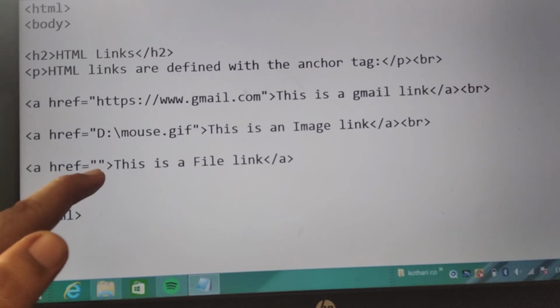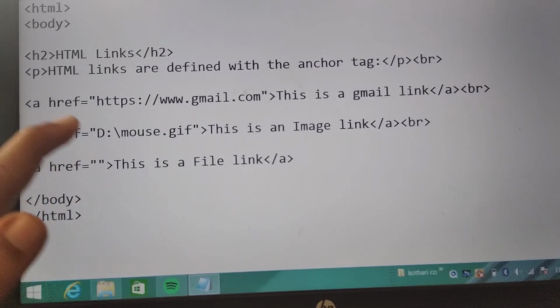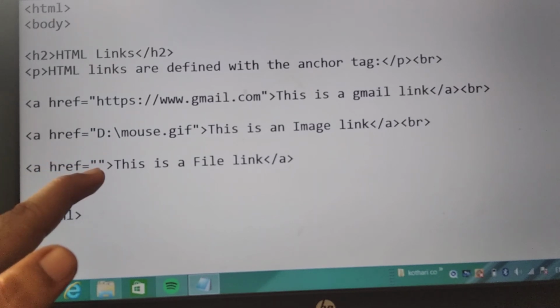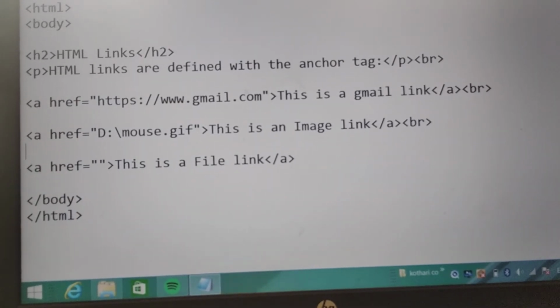I have not given the path yet. I will give the path here in front of you. How can you give the path? How can you copy the path from the original place? Students, we have already discussed the path in the image tag, so you are already aware of the path.